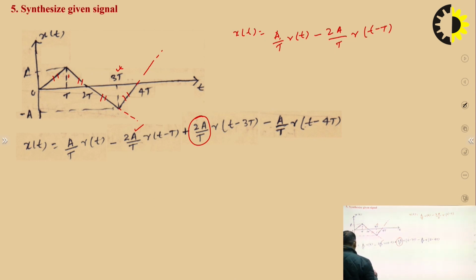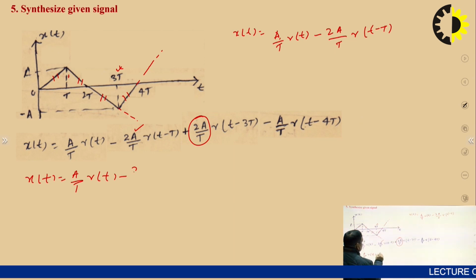So there are some mistakes here. x(t) is equal to A by t r(t) minus 2A by t r(t minus t). Okay,